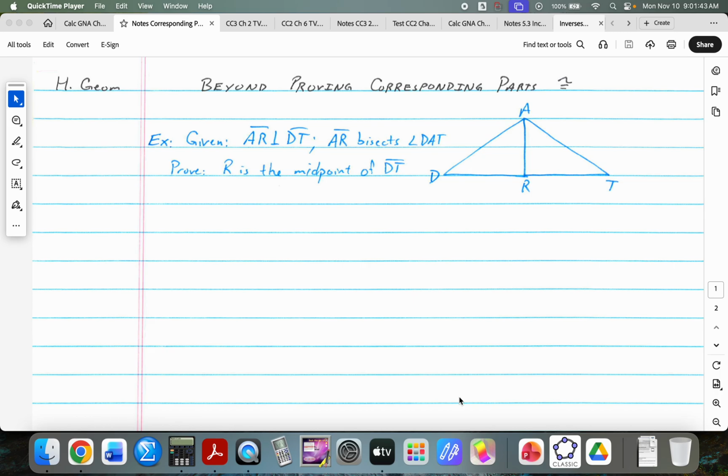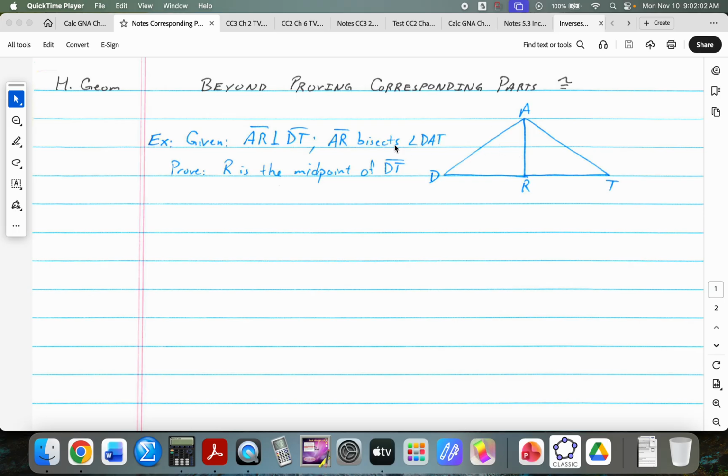Today, we'll go another step beyond proving triangles congruent. Once we prove the triangles congruent, we know any corresponding parts are congruent. And then, if we have the correct corresponding parts congruent, we can go on to prove other things. For example, on this one,